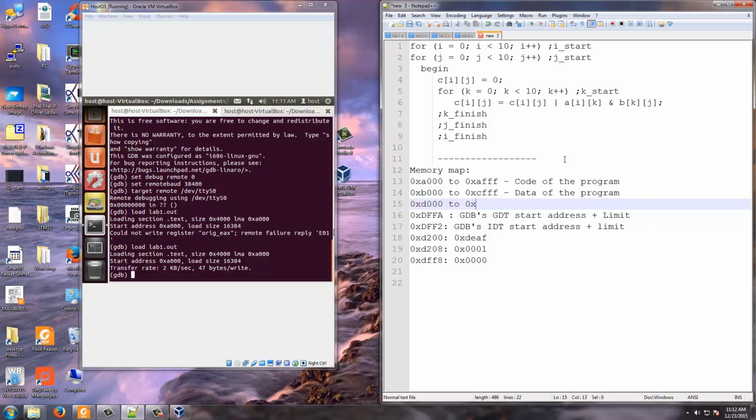And 0xD000 to 0xDFFF will be the operating system area.